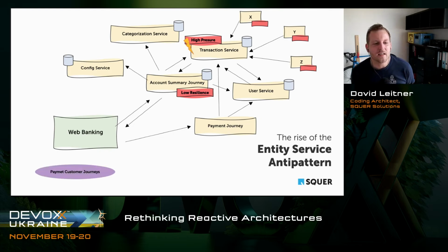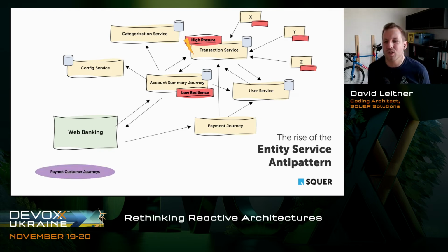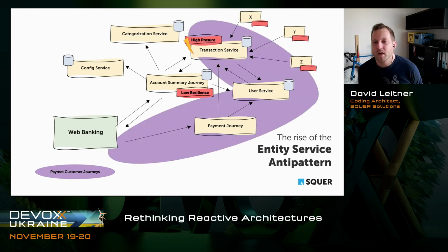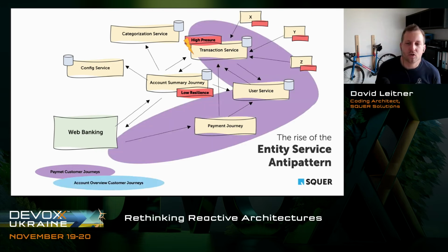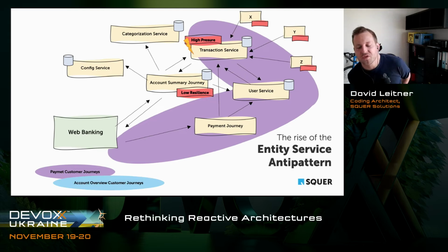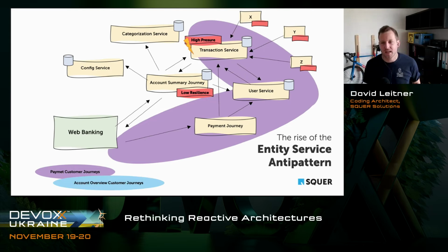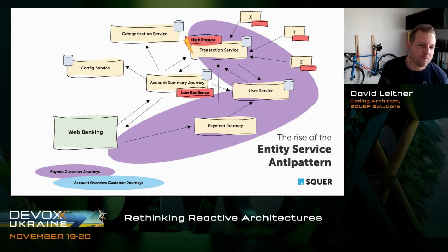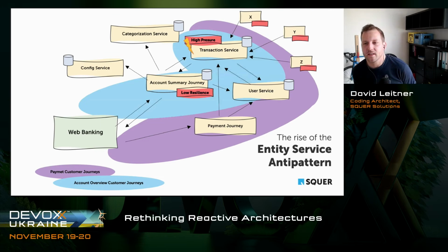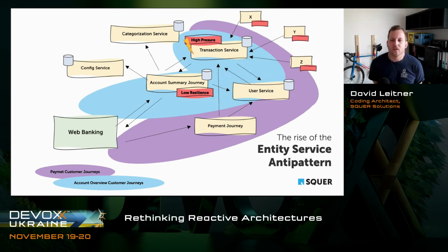So we have here, as I mentioned before, the payment customer journey, which is basically where a user can trigger a payment, right? That's a good vertical for a whole team, which just deals with this problem of making payments good and fast, right? And then maybe we have this account overview customer journey. That's the journey where the user just wants to see his current balance, his current transactions, right? And that's what maybe spans over an architecture like this. And you see there's already a lot of sharing, right?